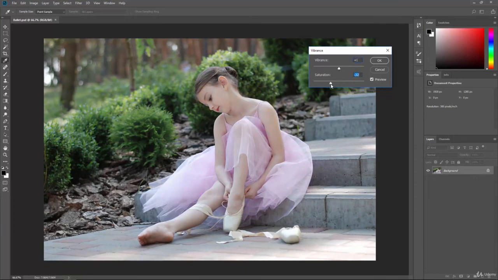But these are some great ways to go in and start adjusting this image and making it pop right away. You could even do a combination of these if you wanted to bring up a little saturation to bring up the whole image evenly, and then vibrance to really make the rest of the colors pop while she stays not as intense. So if we click the preview button, you can see it's a little dull there, and with just a little vibrance and saturation, this image looks a lot better already.